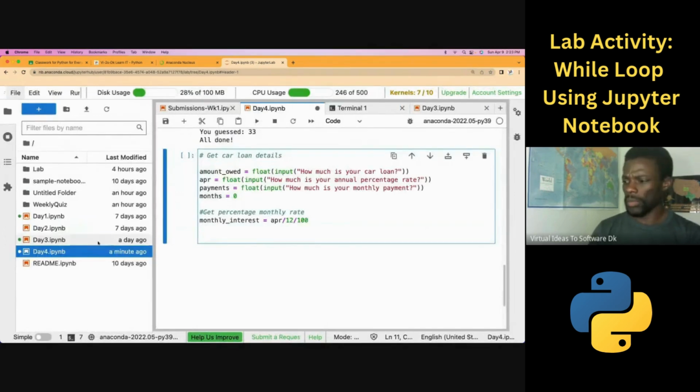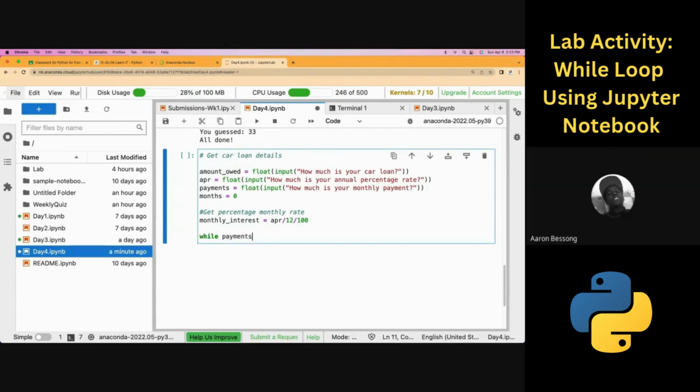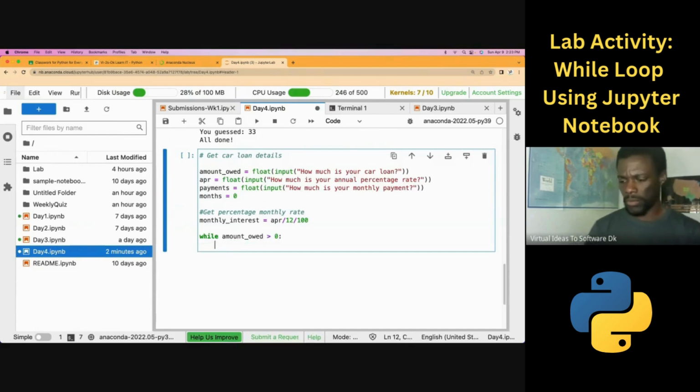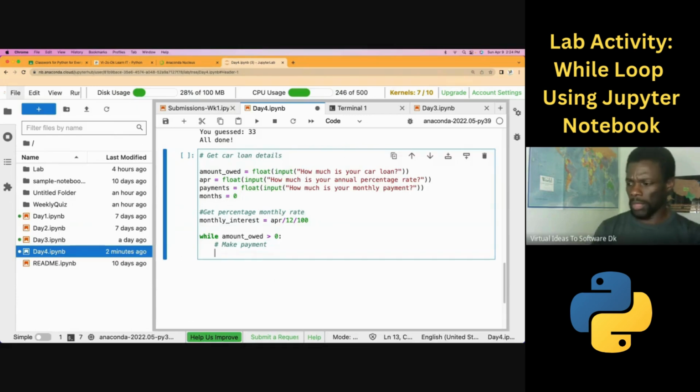So what do we need to do? Now we want to make sure that our condition here is while the amount owed is greater than 0, we need to continue payments. Does that make sense? So first, in order for us to make a payment, we have to add our interest, right? So to make a payment, let's say our interest